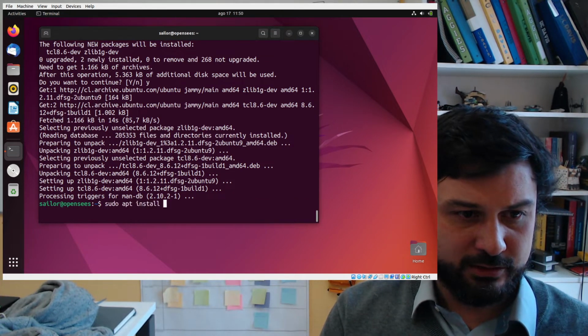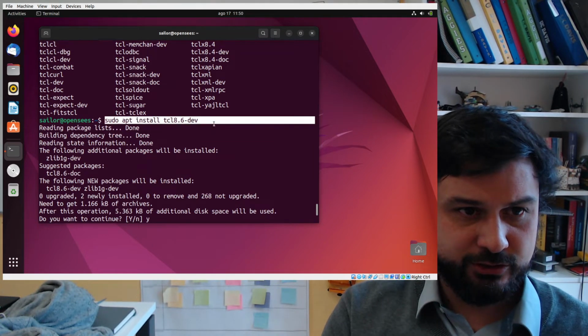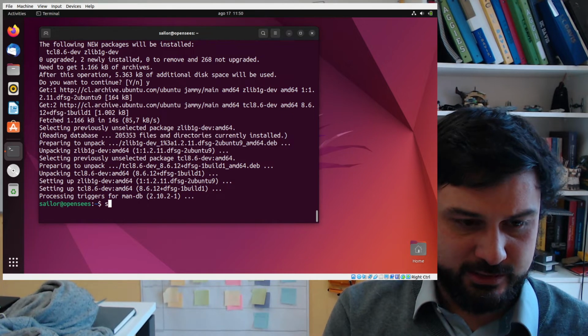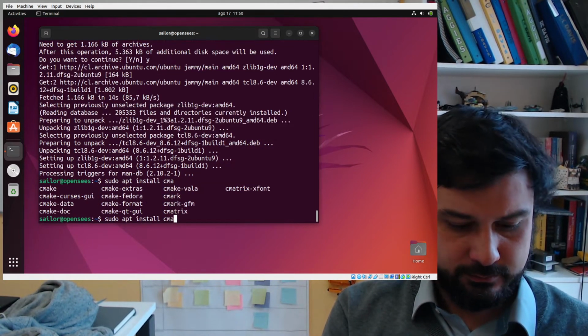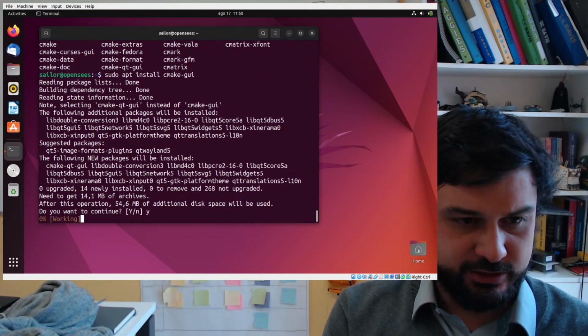We also installed tcl, that was this command that I just issued. And just to make things simpler for you guys, we're going to install cmake-gui, the CMake GUI,